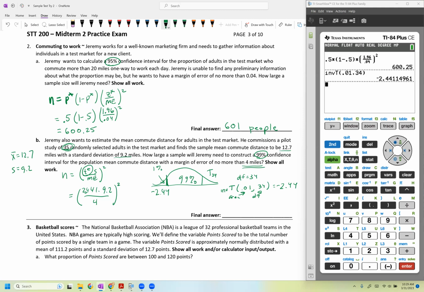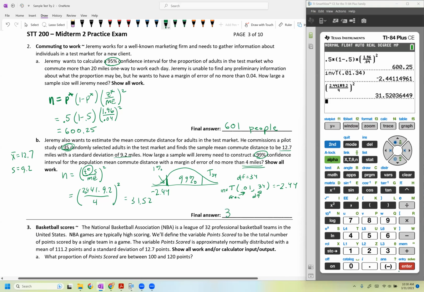Let's take that fraction of 2.441, multiply it by our standard deviation of 9.2, divided by our margin of error of 4, and let's square all of that. In doing so, we get 31.52, which means our answer is going to be